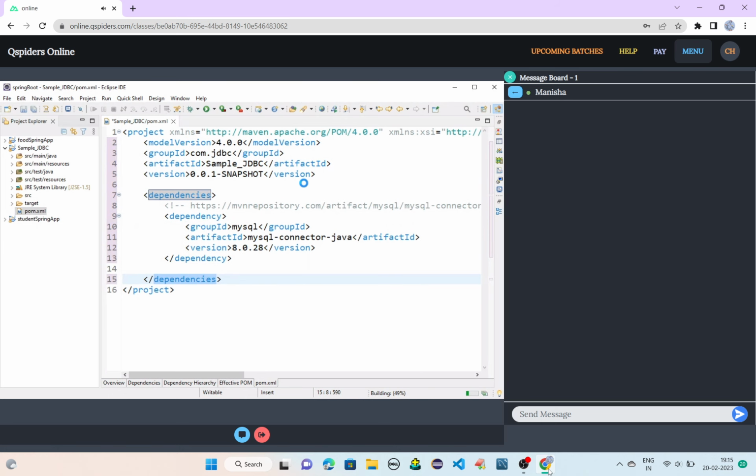Yeah, dependency is added. Did everyone create the project? Did you people add the dependency? Have you added the dependencies and your project is ready?